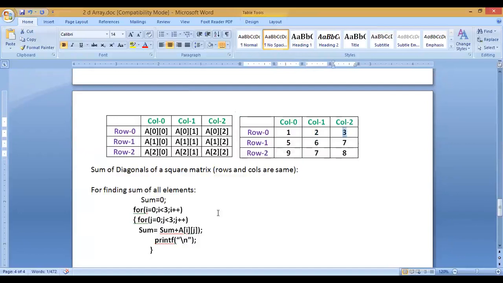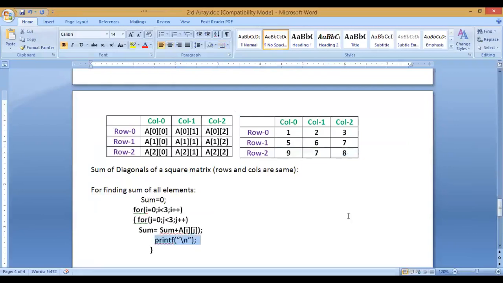So in the same way as I have done in a one dimensional array, in a two dimensional array also, each and every element will be accessed one by one and sum will be created, right? So we will move in row major order. First this element will be summed up, then this element, then this element. Then after that, I'll start with the second row and this element, this element, this element. Then the row will be changed, this element, right? So all these things will be summed up.